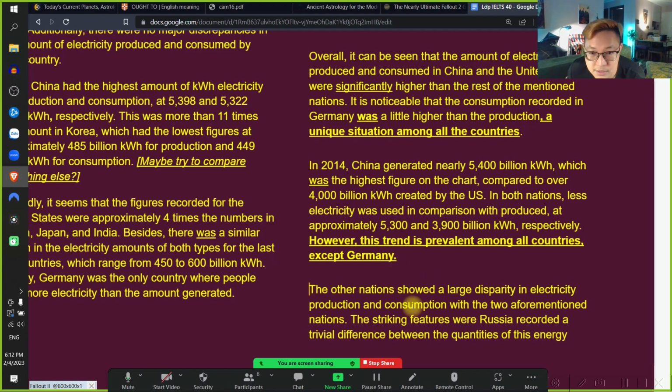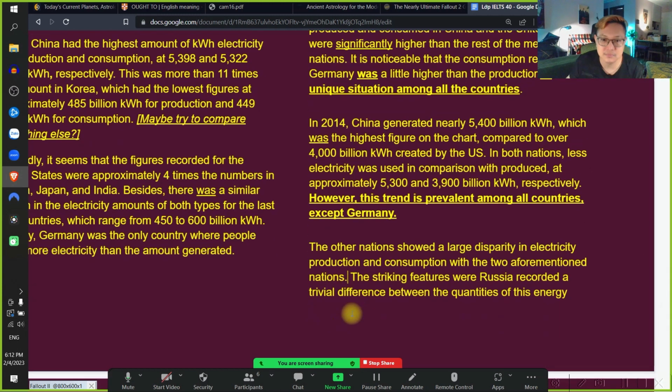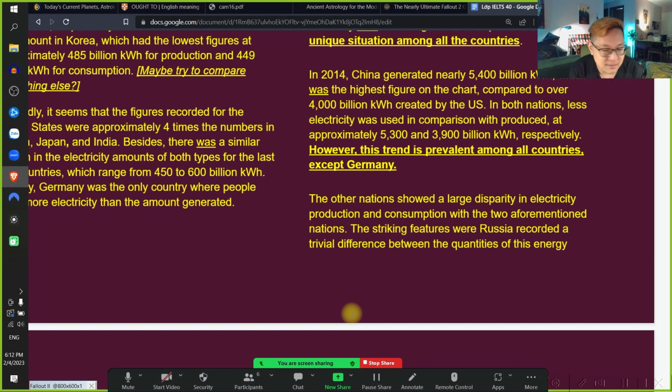The other nations showed a large disparity, một sự phân định, một sự khác biệt lớn. Những đất nước khác chỉ ra được một cái sự khác biệt lớn trong sản xuất và tiêu thụ điện với hai cái đất nước được nêu ra trước. Okay, I will let it slip. Okay, good. The striking features. Những thứ mà đập vào mắt nhiều nhất. The striking features were Russia,